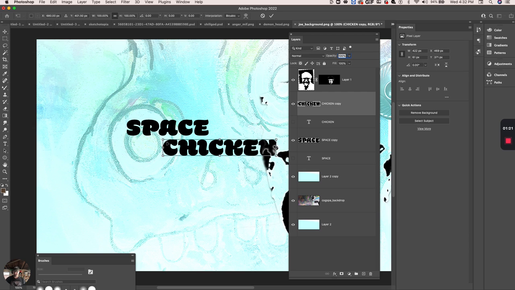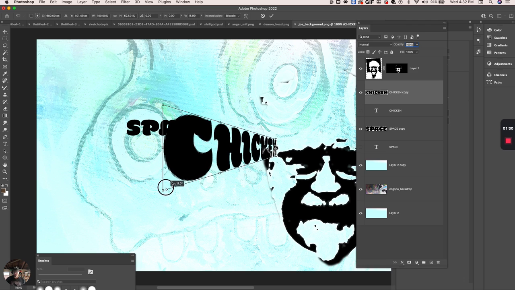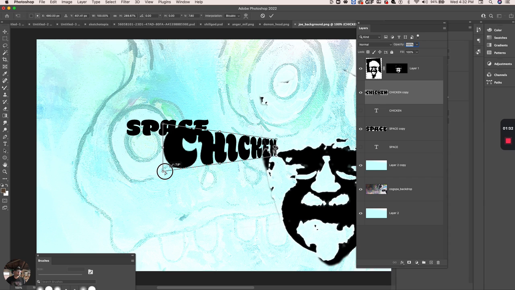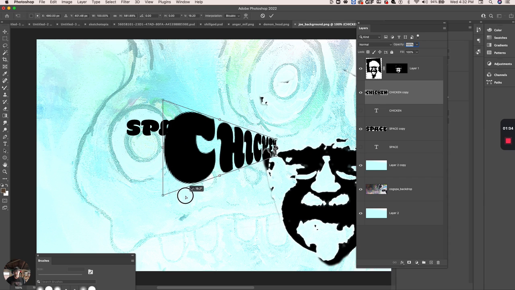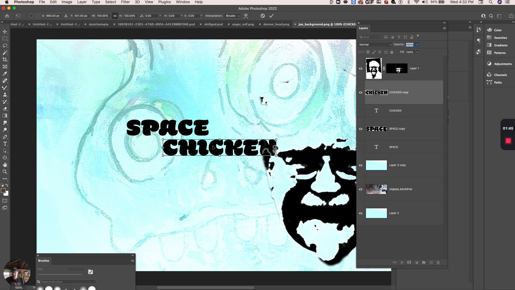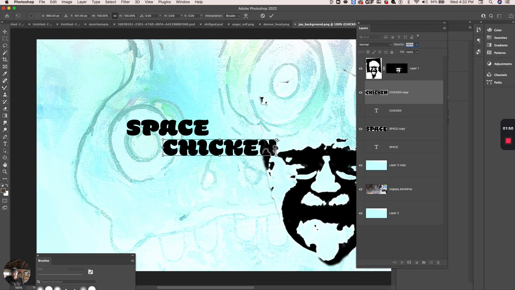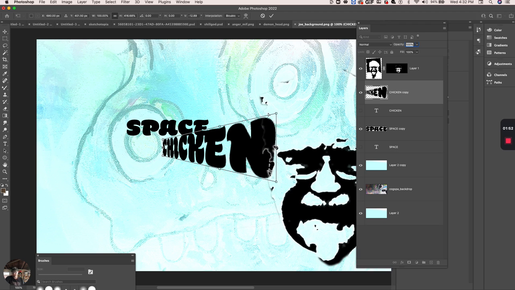I'll hit Command T or Control T on a PC, and to create the perspective you use Shift Option Command on a Mac. On a PC you would use Control Shift and Alt, and you just drag one of those corners and you get that perspective. You can also right click inside here and pick perspective from the drop down without having to use the shortcut keys,